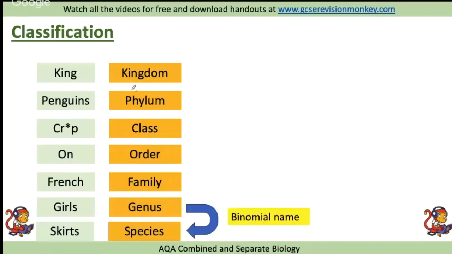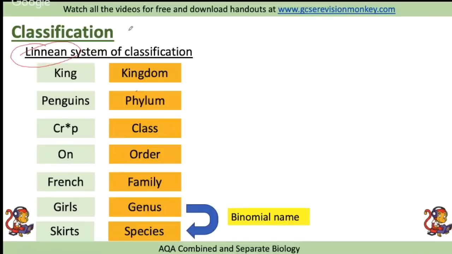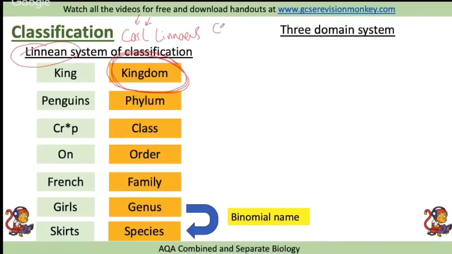So this classification system here is called the Linnaean classification system, and it was developed by somebody called Carl Linnaeus. So he came up with this system, and all of the animals and plants and fungi and bacteria that he could see, he put them in this system. However, another Carl came, okay, it's one for the Carls this, another Carl came, and he said, I think there should be something above kingdom. So a guy called Carl Woese, this time,